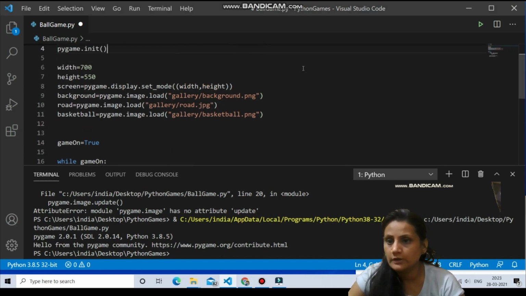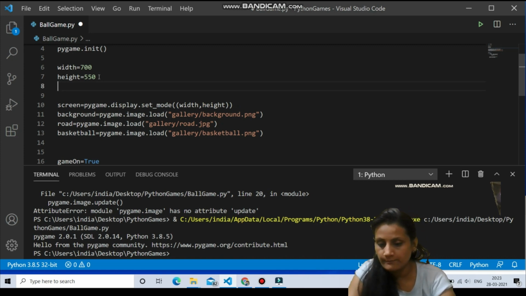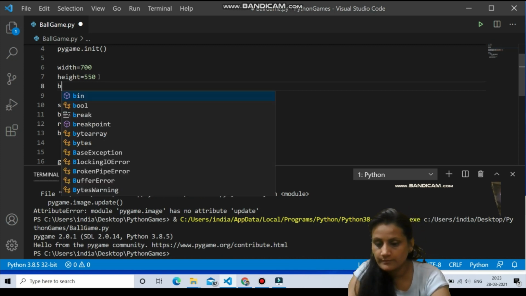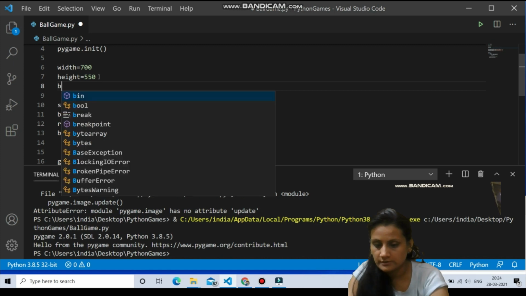Let's go where we had the variables width and height. Here, we are taking the variable base x, and another one as base y.